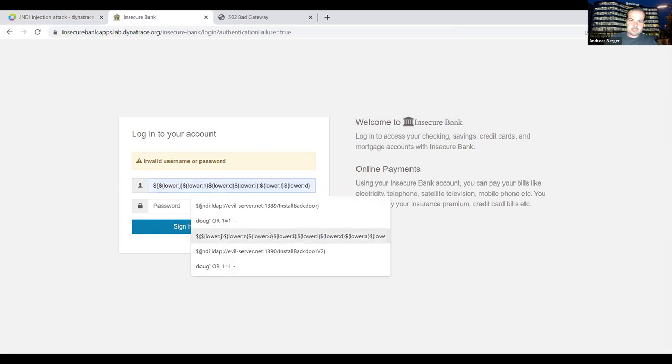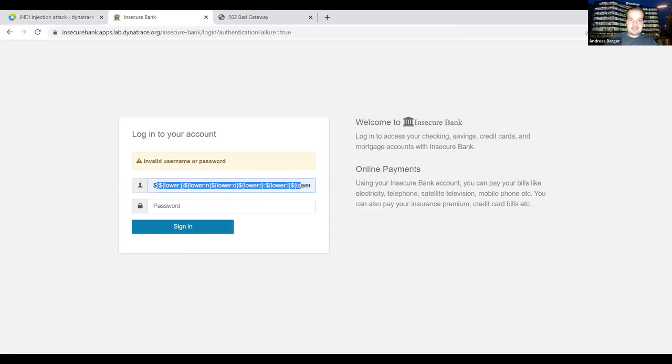So I'll show you quickly. This is exactly the same string that does exactly the same thing that I showed you, but it's just very, very heavily obfuscated, right? The reason this worked for attackers is because the WAF is sitting on the application layer on the network, and it doesn't really know what the outcome of